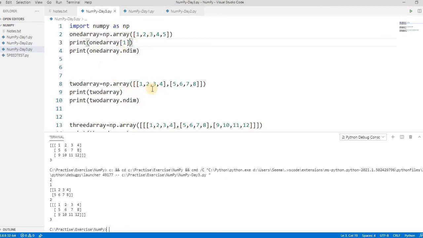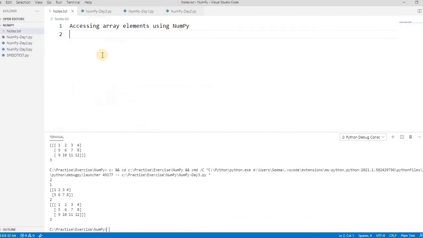Okay. Now take the example of the two-dimensional array. A two-dimensional array has one dimension and a second dimension, so it starts with 0, 0. That is the 0th row and the 0th column. If you write something like this, it becomes 1, 2, 3, 4 and then 5, 6, 7, and 8. This is a two-dimensional array. So the 1 becomes the 0, 0 element. The second one becomes 0, 1, right?